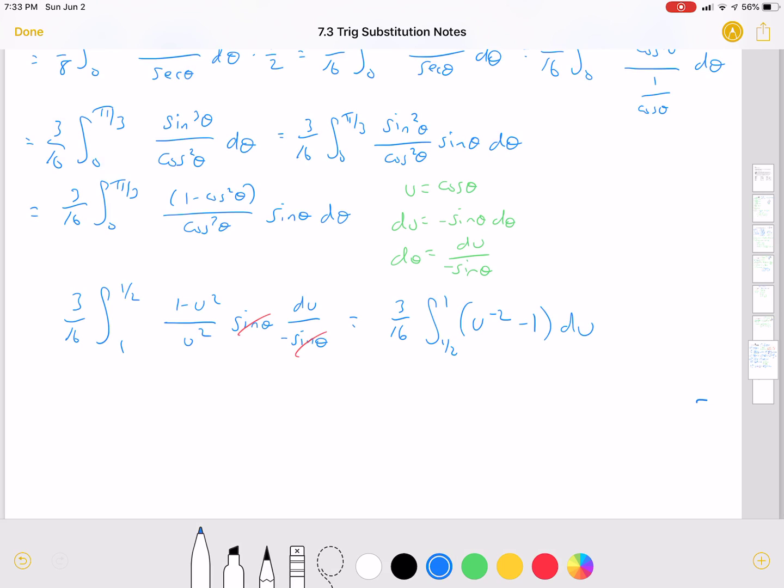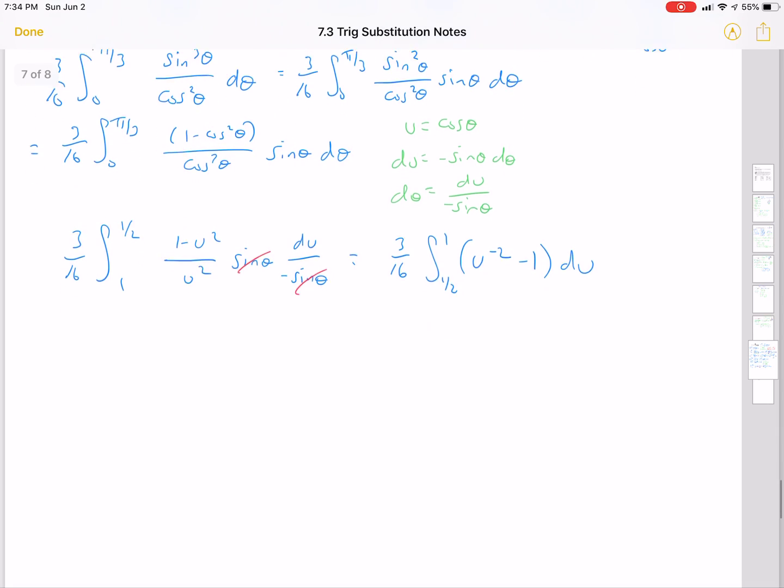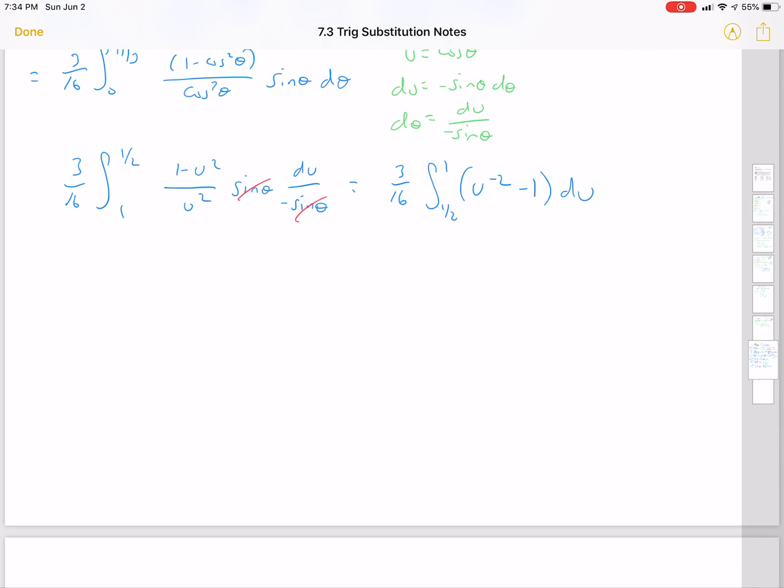That now becomes a much simpler thing to take an antiderivative of. And remember, we don't have to go back at all because we've changed the bounds as we've been going along. So this should be pretty easy to go ahead and finish off now. So I got 3/16. Antiderivative of u to the negative 2, raise it by 1, is u to the negative 1. Dividing by negative 1 will give us negative 1 over u. And then the antiderivative of 1 is u